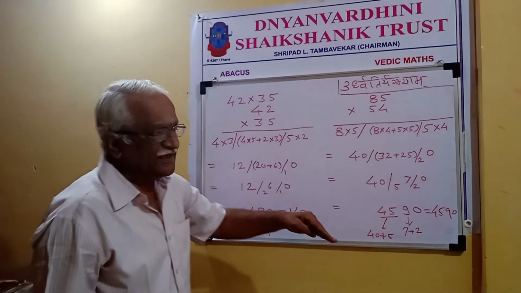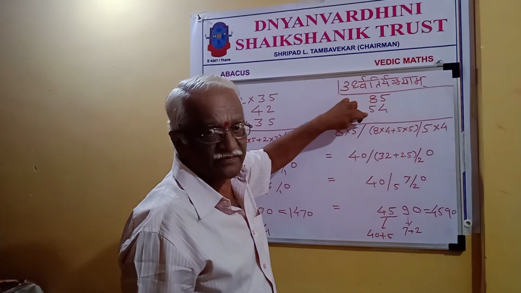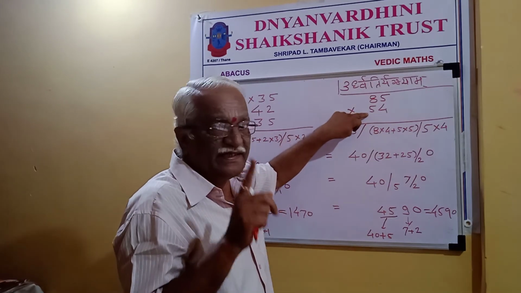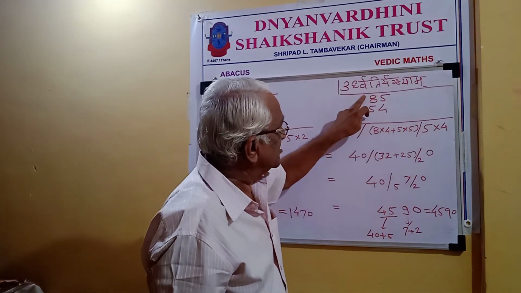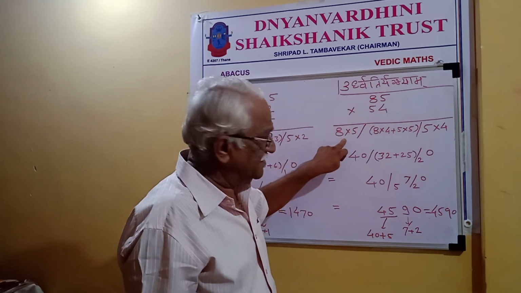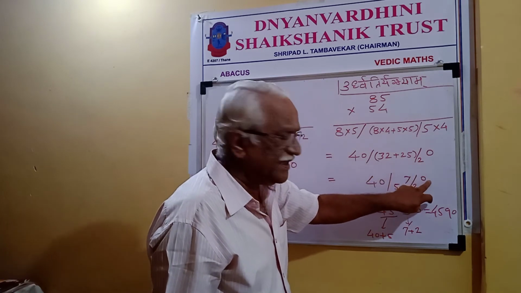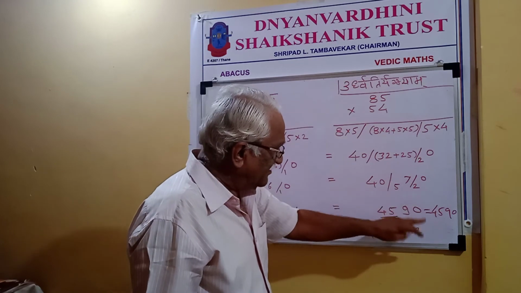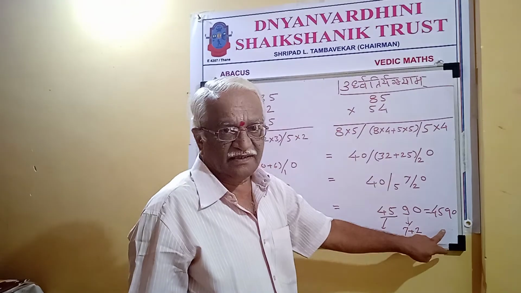Have you got it? Once again you will see this example. 85 into 454. See properly again and again. Vertically and crosswise. So we have vertically multiplied, then crosswise addition, then vertically again multiplication, and then it comes like this. So we have put one digit on the top, one digit at the bottom of the slash, and then by adding to the next digit, we have got the answer.